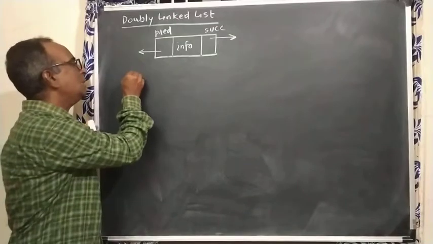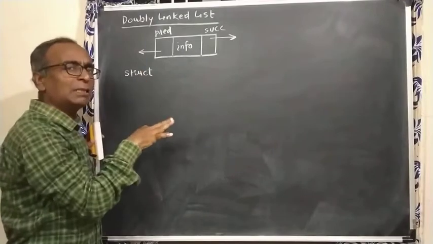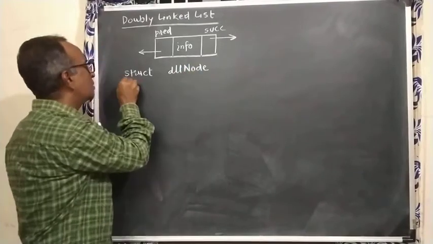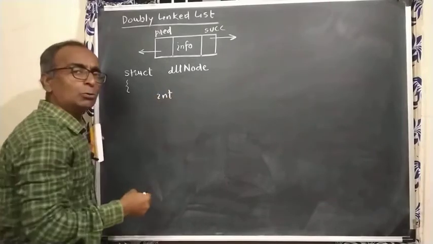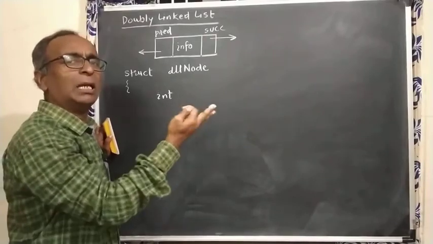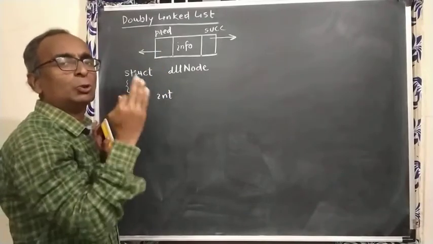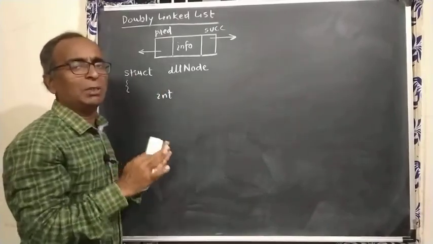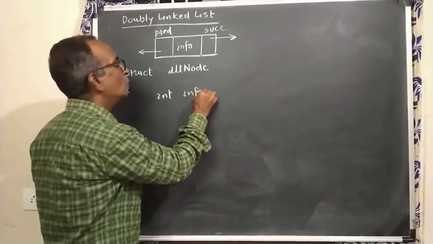So how to define a DLL node, declare a DLL node, that we will see. This is just a recap of whatever we have seen in singly linked list. This gives this structure. Now info field, in place of info field you can have anything. If you want to store student information, student's roll number, name, age, marks, everything you can include. Along with that you have to have two pointers. So according to the need, what should be the node structure, you have to first decide. So I am declaring here a simple node structure where only one information field will be there, and that is of type integer. So info.